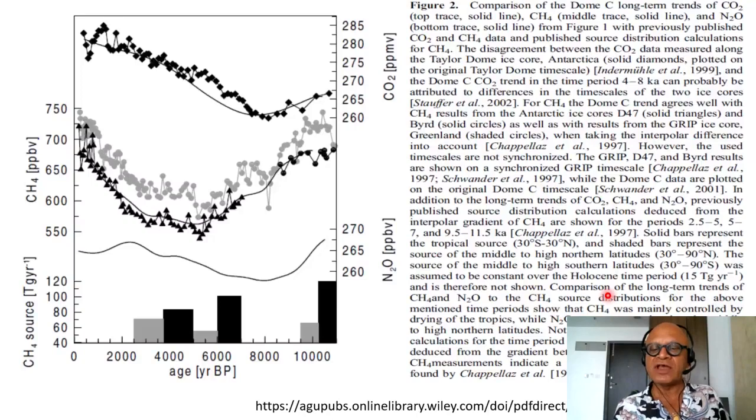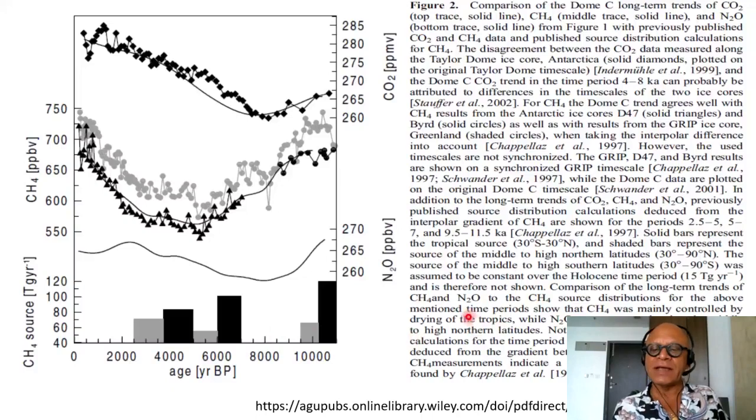Comparison of the long-term trends of methane, N2O. N2O is here. So you can see that N2O also had not such a linear increase, and again that's also in parts per billion by volume. Comparison of the long-term trends of methane and N2O to the CH4 source distribution for the above mentioned time periods show that